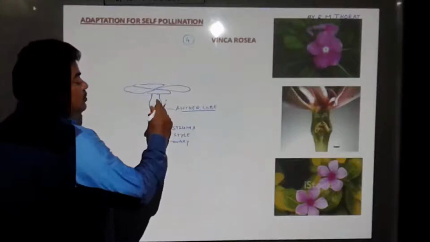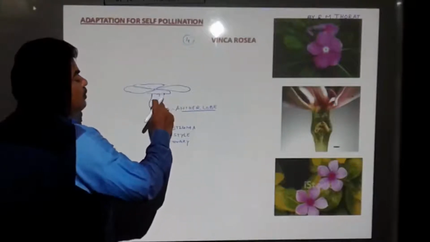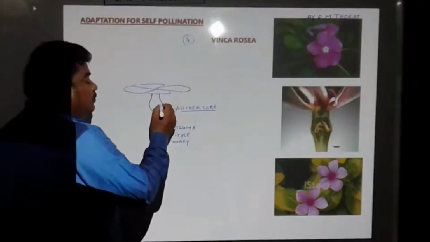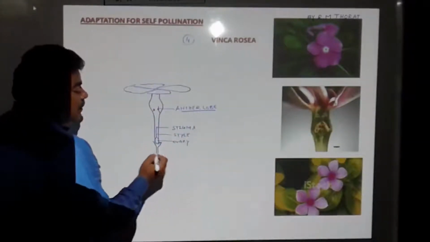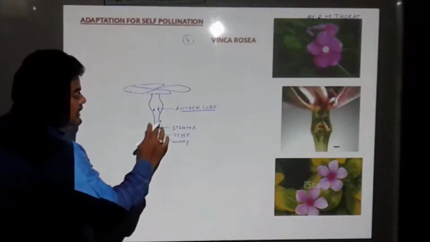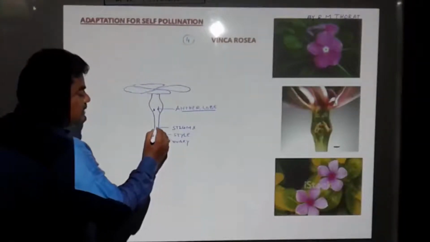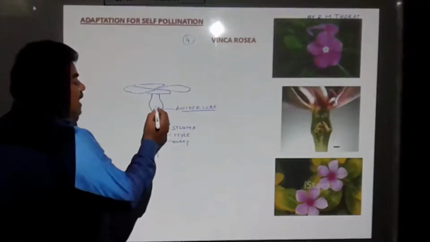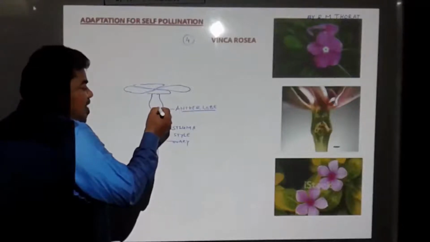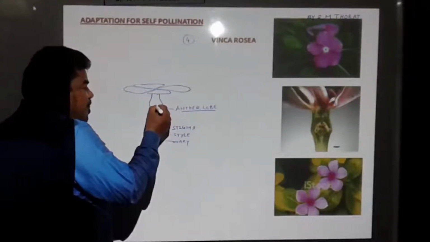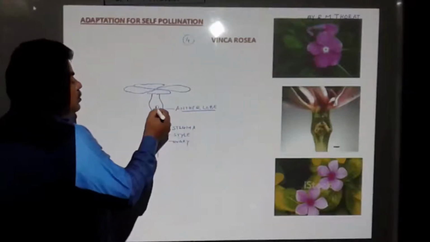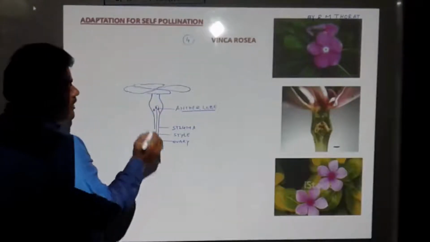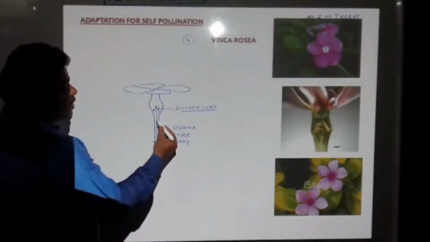When this anther lobe gets mature, this pollen grain will move from this flower to another flower. But before that, what happens? This style, which is present here, can increase rapidly, and it comes in between these mature anther lobes, and this stigma gains the pollen from the same flower, same anther lobe. So here, transfer of pollen grain from mature anther lobe to the receptive stigma of the same flower takes place due to the increase in the size of what here? The style.